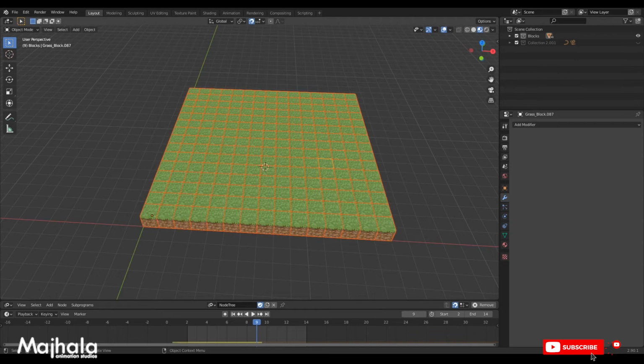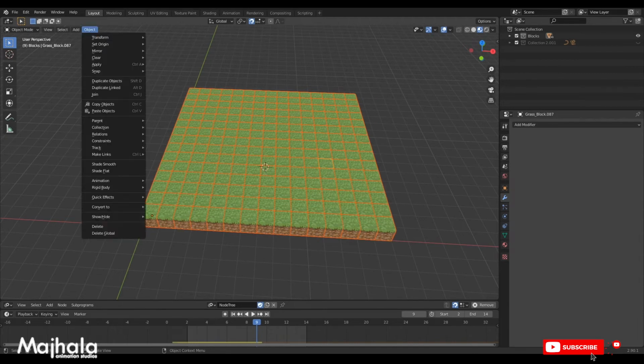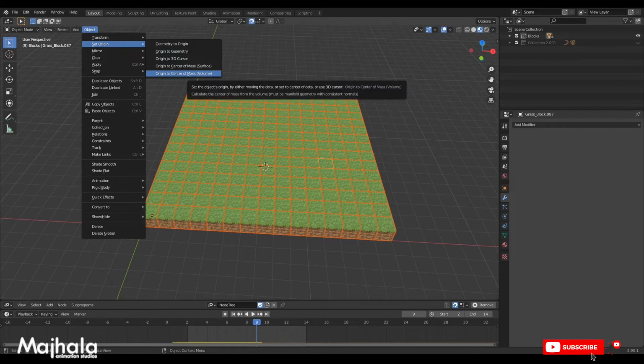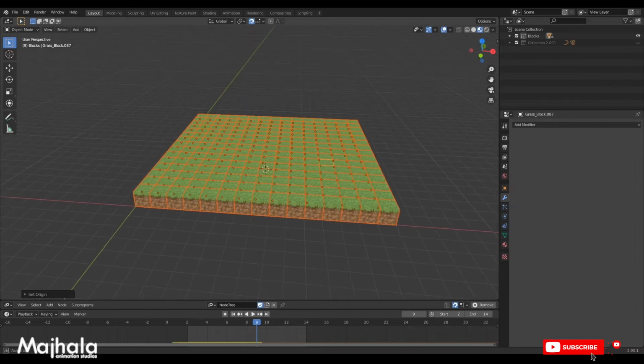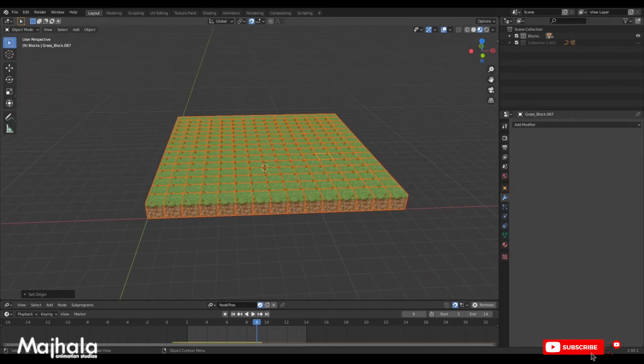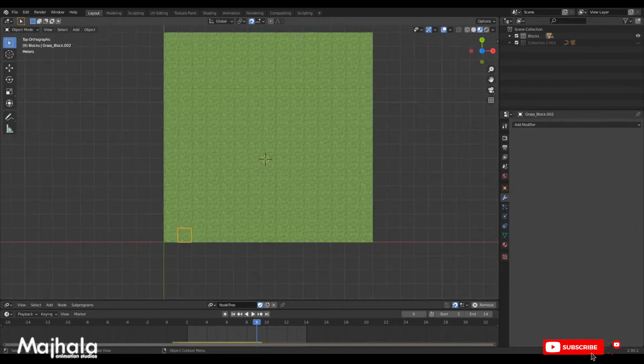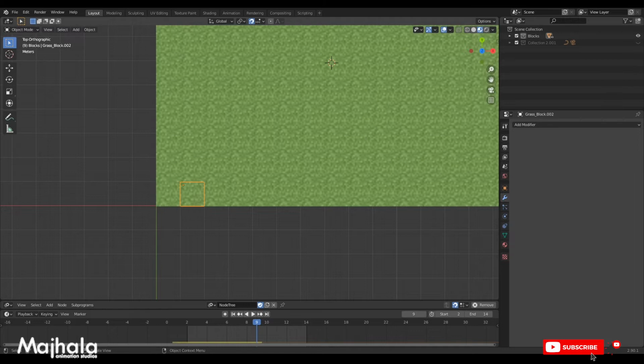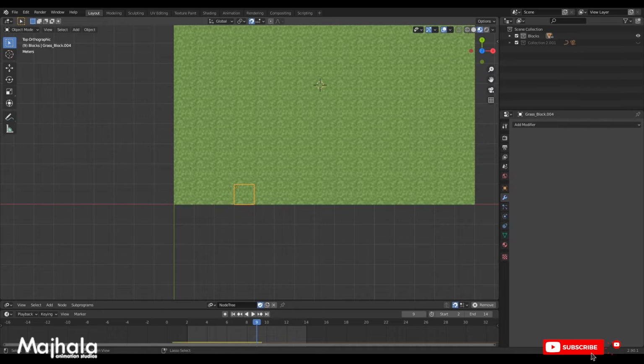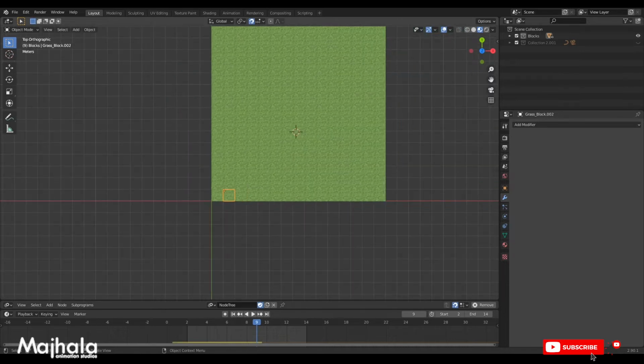So I can select all cubes and go to Object. From there, set your origin. I want my origin to be on center. Yeah, as you can see, the current cube has a separate origin. But if I undo this, undo,